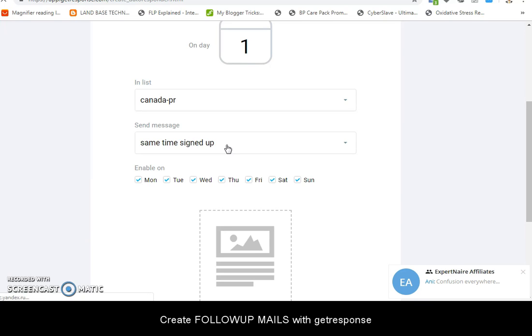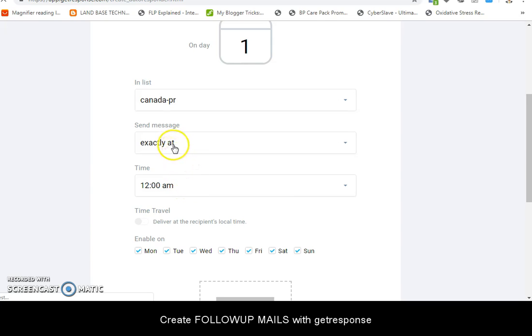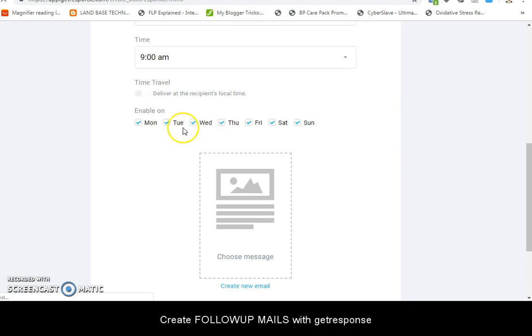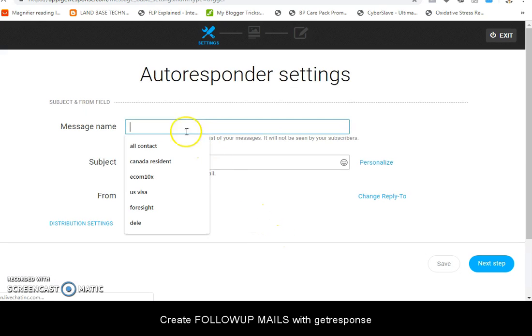And then now, the other one was immediately. But this one is the second day after the person registered. The mail that the person will receive the second day he registers. So now what we are going to do is send the message exactly when? So I would like to use exactly, and then exactly at what time? Say 9 a.m. Oftentimes you should use between 8 and 10 a.m. It's either 8 a.m., 9 a.m. or 10 a.m., but I prefer using 9 a.m. and then leave the other one, and again go ahead and create new. So when you create new, and then the message you put in the Canada